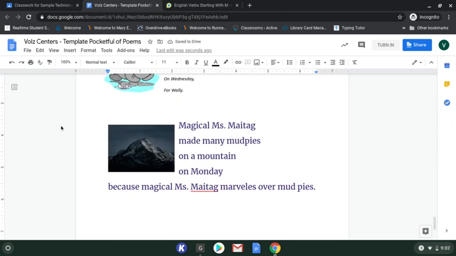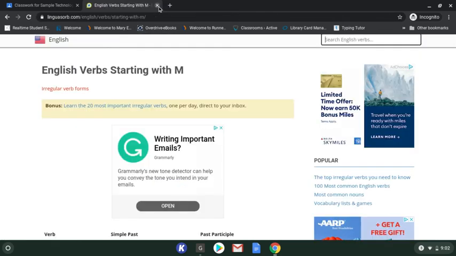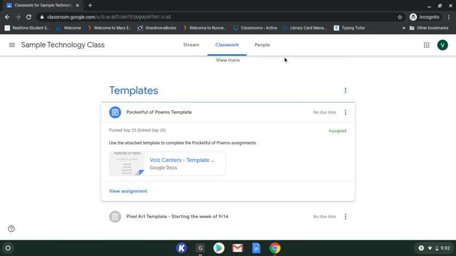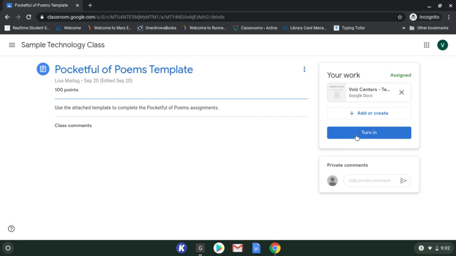Okay, so once you have completed your poem, your formatting of your font, and you're adding your picture in, you can then close this because it does auto-save. Please make sure that you then turn it in. So if you need to go into the assignment here, click turn in so that I know that it's done. That's how I know that it's ready to be graded. And then that's the end of this project. And we will be moving on to something new next week. You have until Friday to finish this. So if you are running a little bit behind, that's fine. Just try to get this in to me and turned in by the end of the day on Friday.